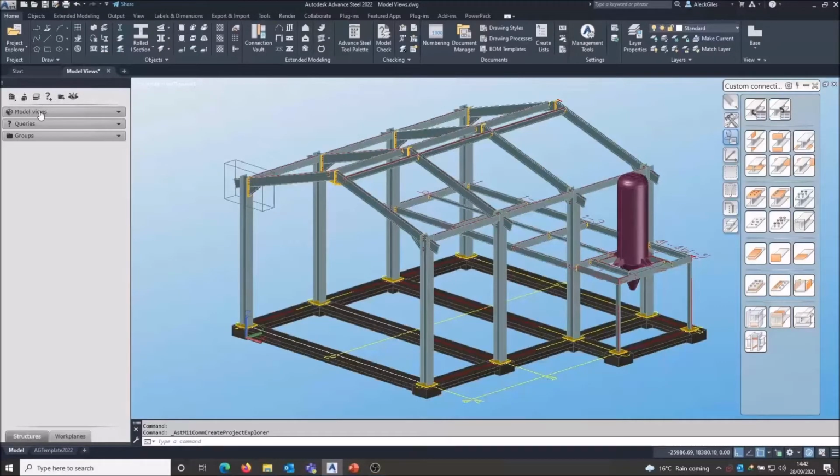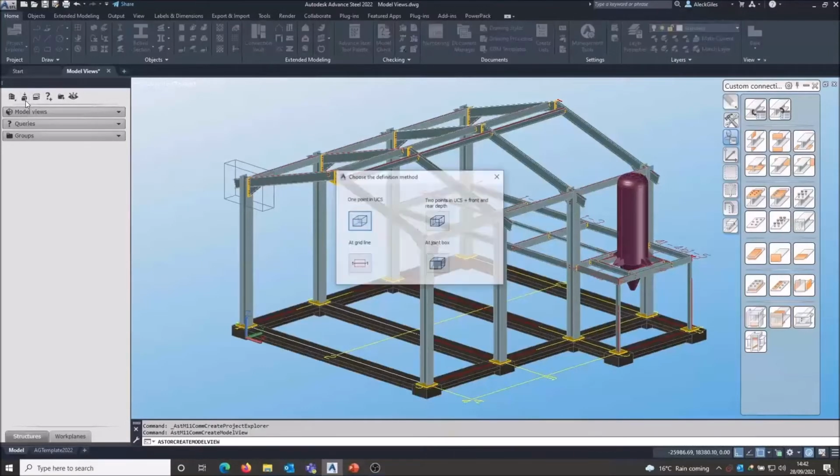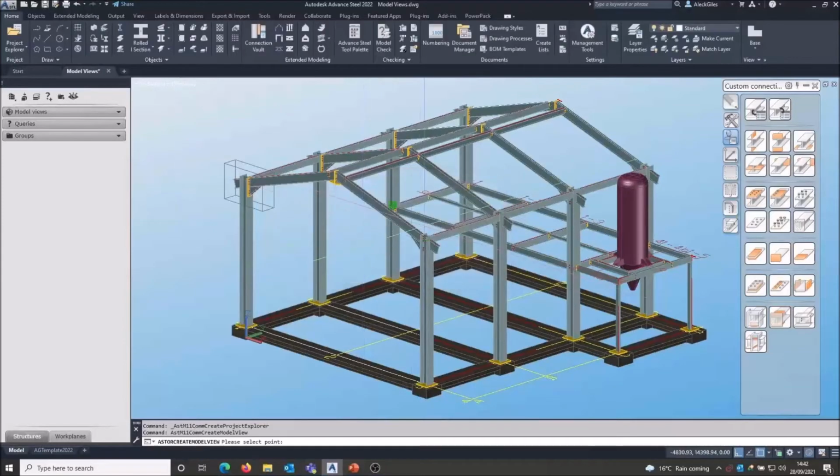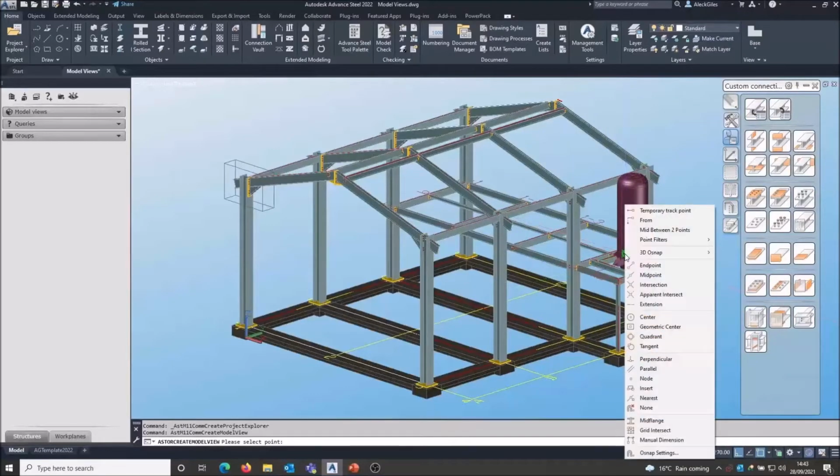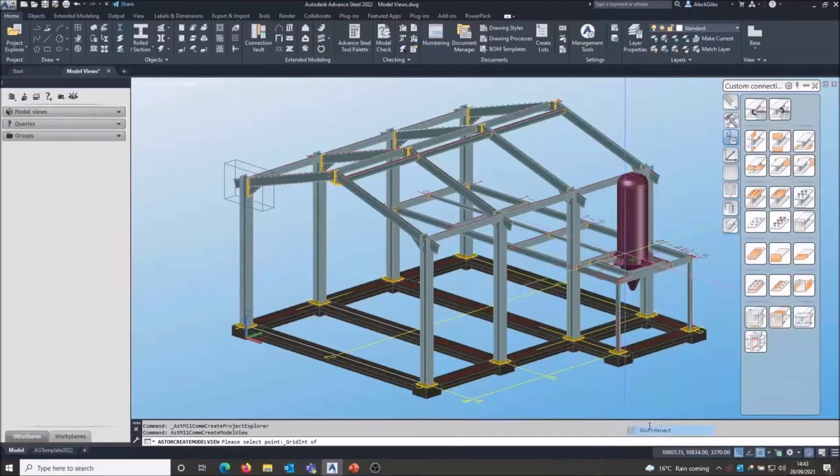You have this little toolbar at the top here, and you have different areas in the side. So you've got model views there. So I'm going to click on this Create New Model View icon, and it gives me the 4 choices of different model view to create. I'm going to do the first one, 1 point in UCS, and I'm going to pick a location. So I'm going to say, let's do the outside platform. So I'm going to pick the middle of the platform, and that'll be a grid intersection in the middle of that